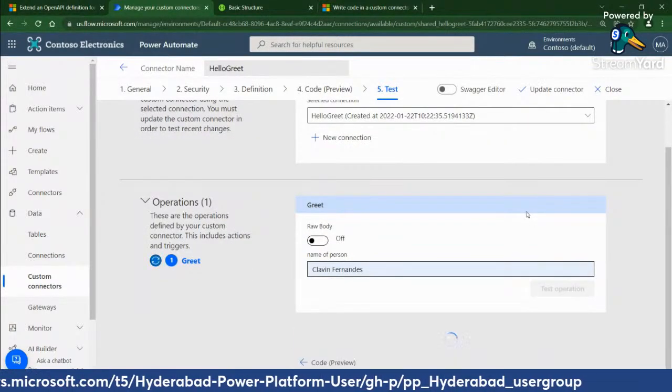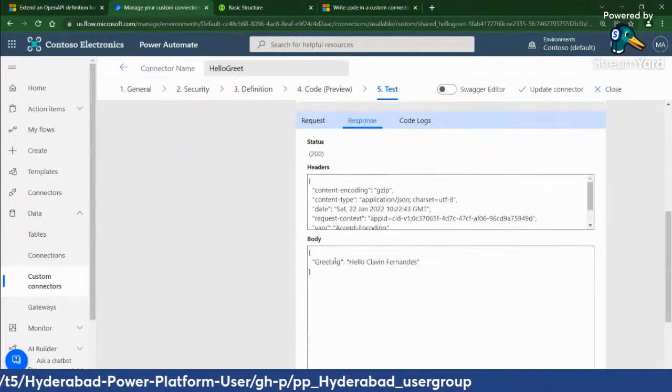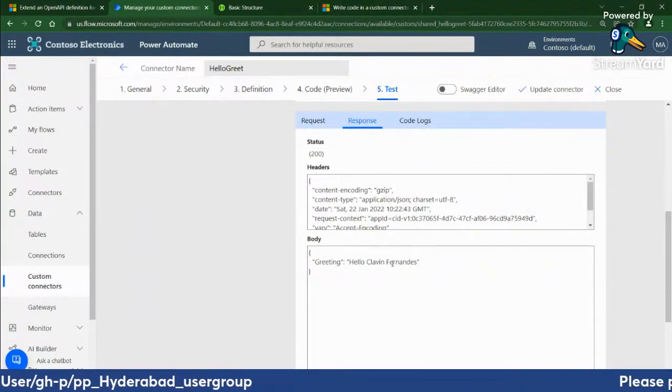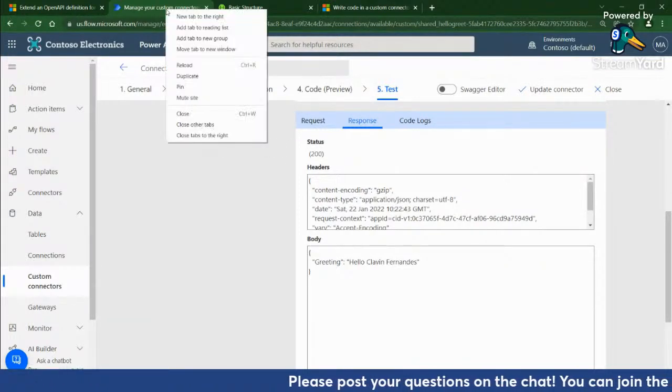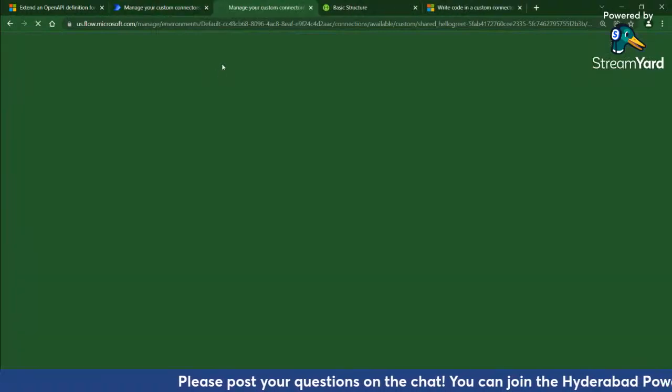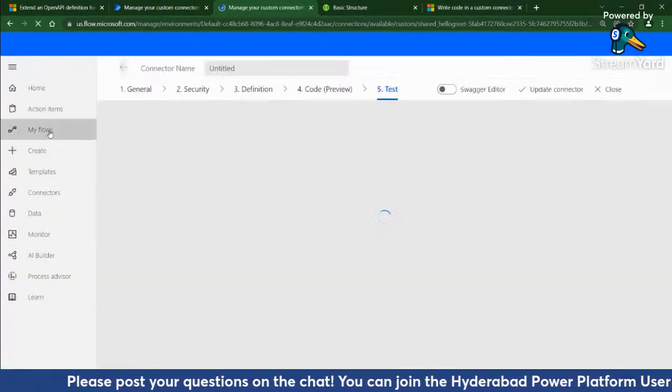So it failed the first time, but second time it goes ahead and succeeds. I have seen this always. It fails the first time, you will get tense, but then you try the second time, it goes ahead and succeeds. So let me go ahead and create a duplicate of this tab and let me go ahead and create